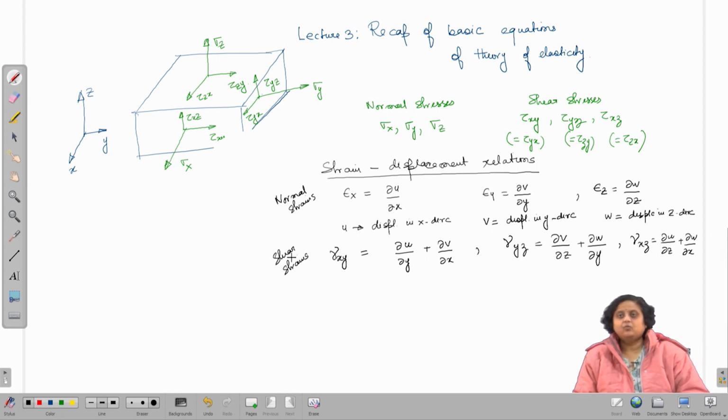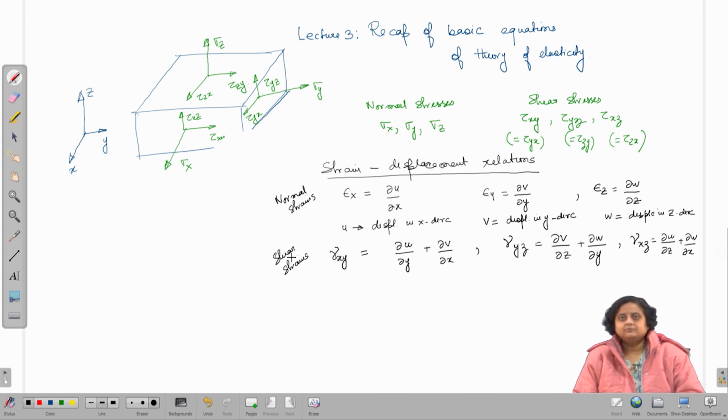If we further work on these equations, we can get a set of three relations between the normal strains and the shear strains, which are called the compatibility conditions, which are constraints required to get a unique solution for the stresses and therefore the strains. The other importance of the strain displacement relation is that we can obtain the displacement functions, that is u, v and w, once we know the strains in a body using these relations.